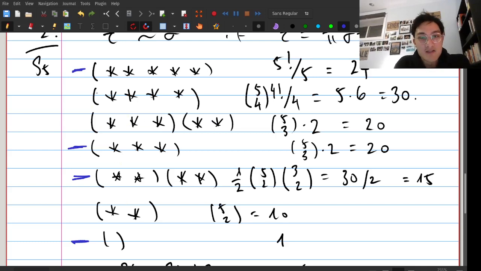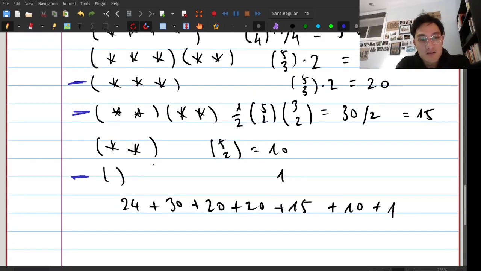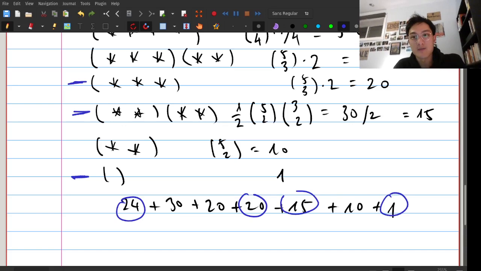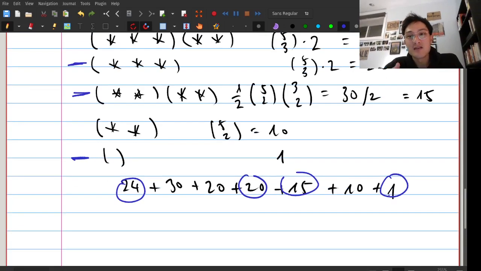Okay, so these are the even permutations, and so it's, what is it, 24, 20, 20, 15, and 1. That adds up to 60. Now, if you suppose that there were some other non-trivial normal subgroup of A5, then there'd be a subgroup, a non-trivial one, which means you would have something that has cardinality